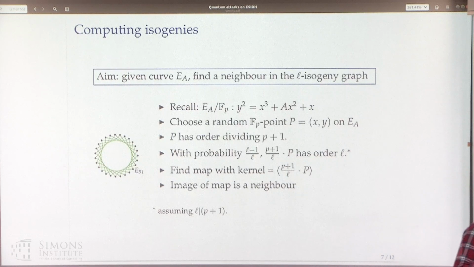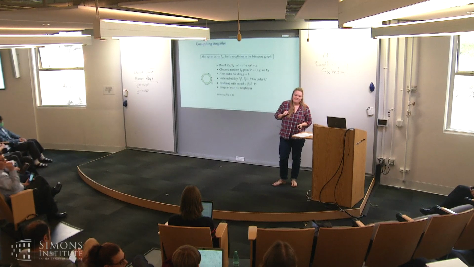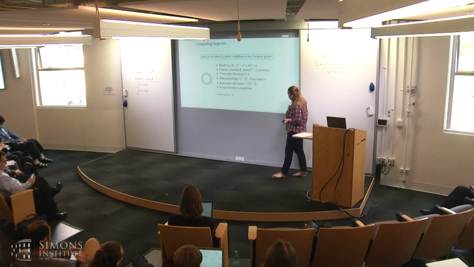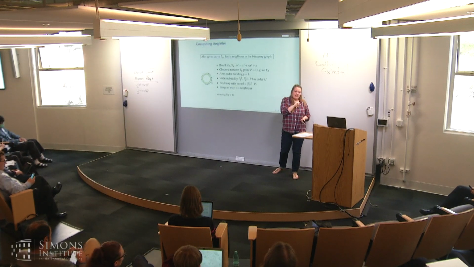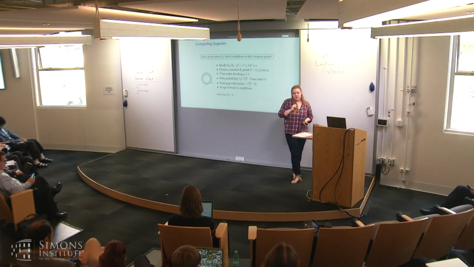Yes? Another stupid question in your context. It seems to be only divisible once by L, so you always get the same chunk of the L torsion, so there is a single isogeny you can select. So there's going to be exactly one completely FP rational L torsion point, and then there's one where the Y coordinate will be the square root. By one of these points. It's a minus isogeny, and it's not given in that way. It's the minus isogeny? Well,